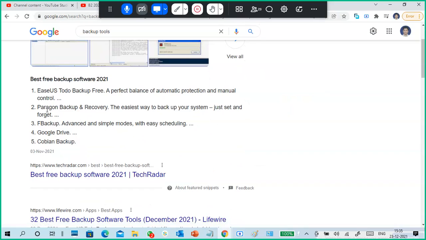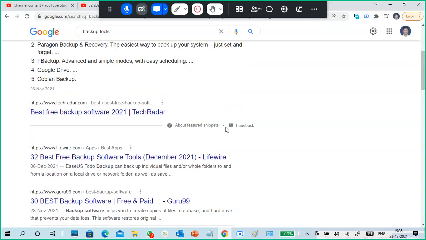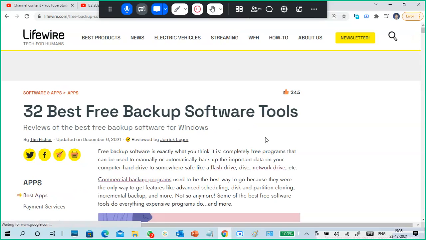Okay, the Paragon Backup and Recovery, FBackup, Google Drive, or Cobian Backup, like that. There are a lot of backup tools also available. You can go to, so there are 32 backup tools.